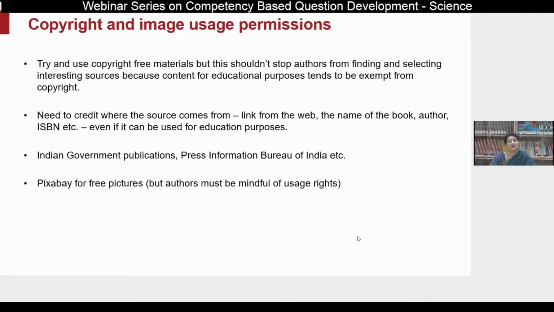But I also believe that this data, this information, this narrative, this material has to be adapted to the situation. So maybe we can't just pick up the newspaper clipping as it is and create questions from it. We'll have to adapt it, modify it, remove the redundant portions, and make it more comprehensive and useful for the questions being asked. So it is a very, very creative and thoughtful exercise. And I would encourage all the teachers to sit together in groups and work. Peer review is essentially very important for this whole process.